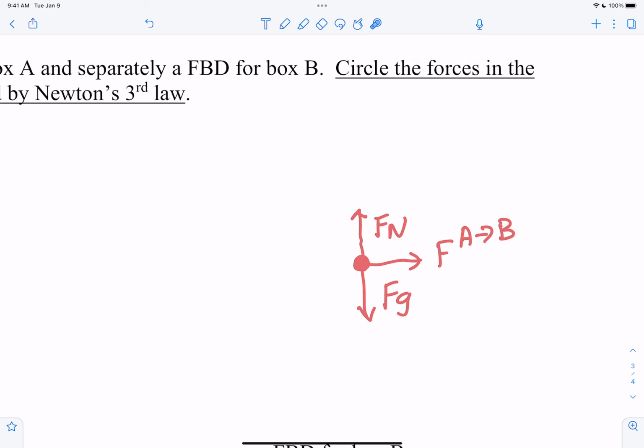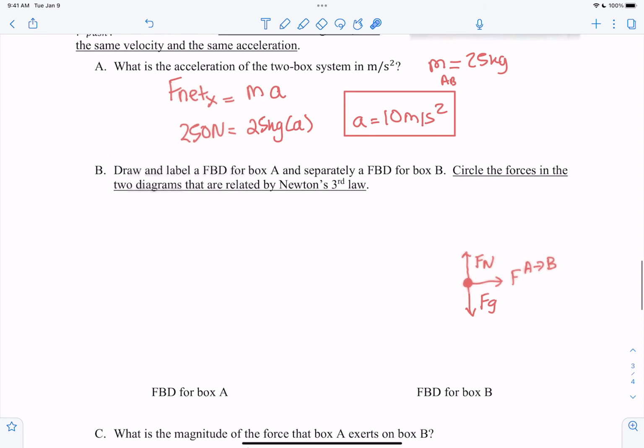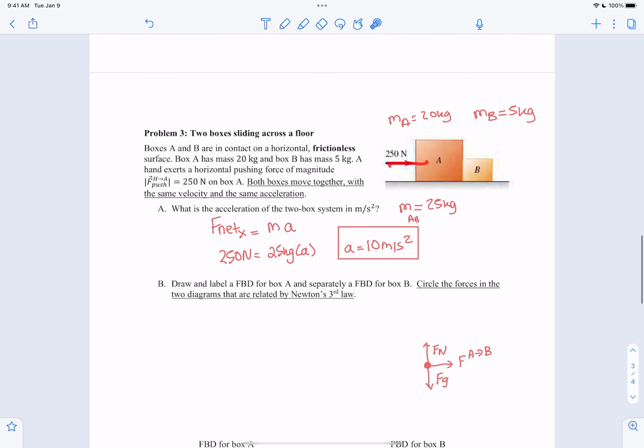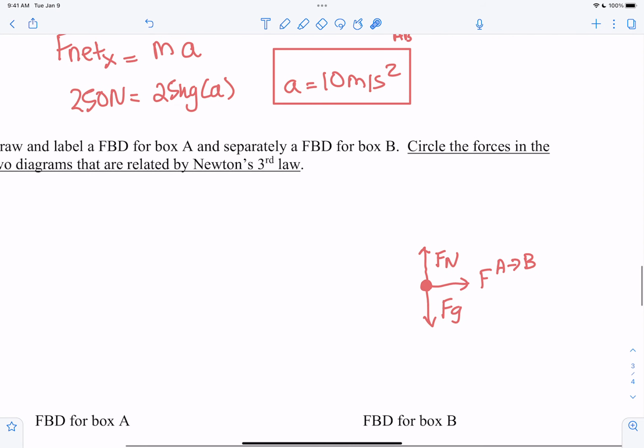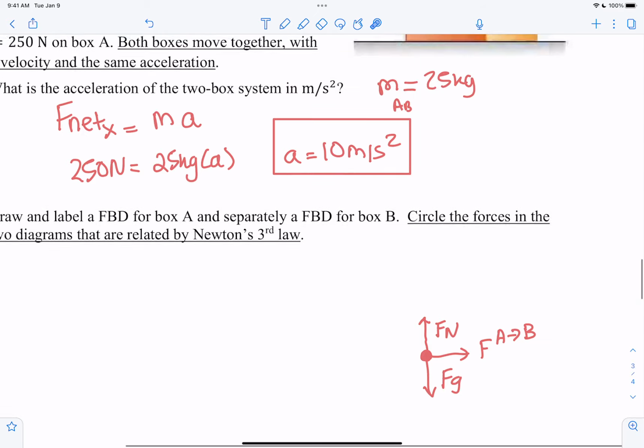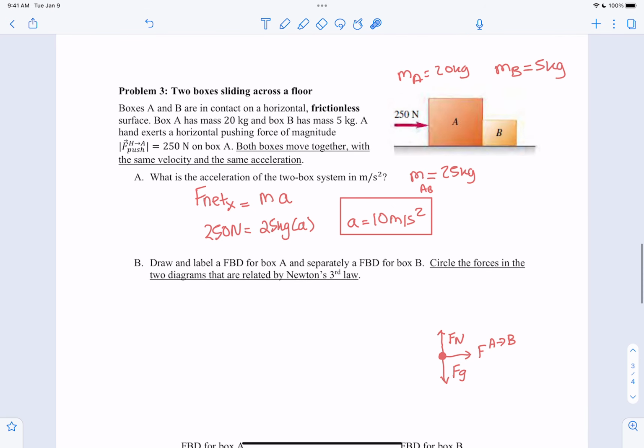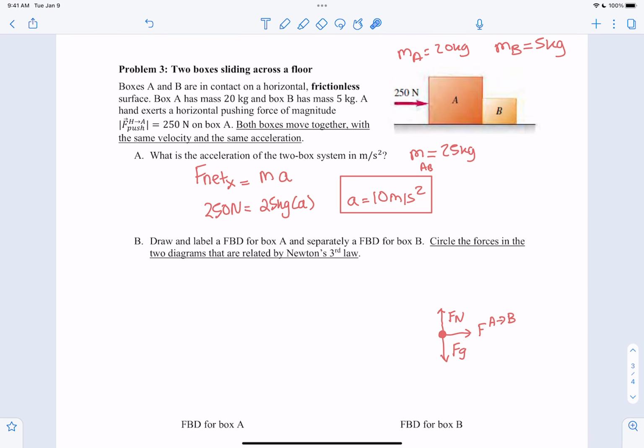For the one with the superscript pointing at B, A to B. Yes, you have the push force acting directly on box A, and that acts on the whole system together. But for this force, we're only looking at it differently. I'm trying to figure out a better way to explain this. So force A on B is like, okay, if I were